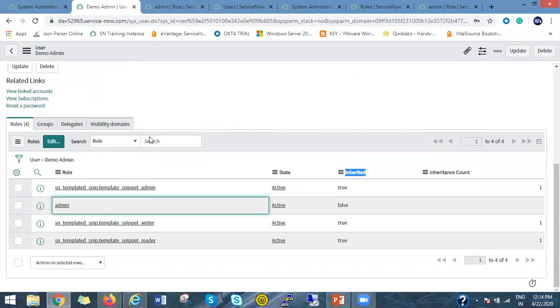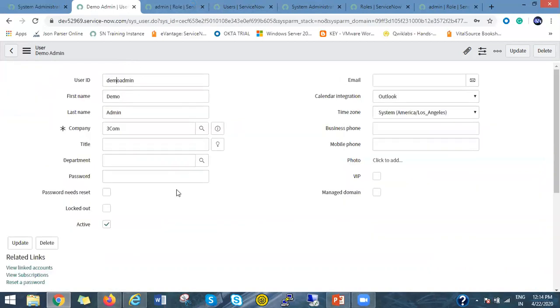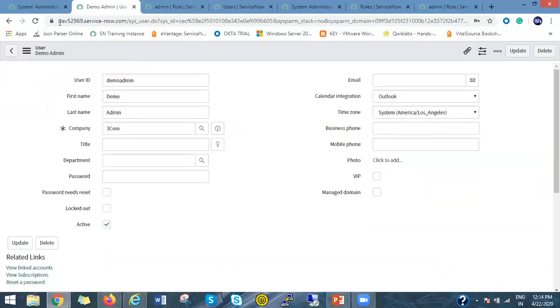so now what we can do is log in with the help of this particular user. So let's open an incognito window and copy the URL.